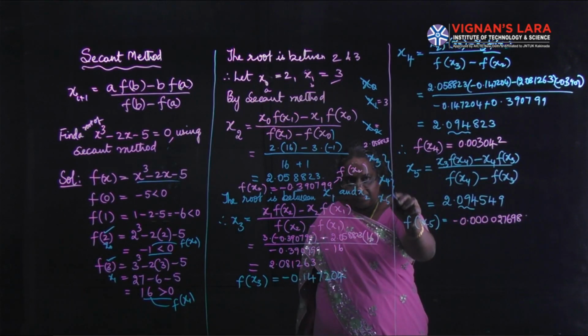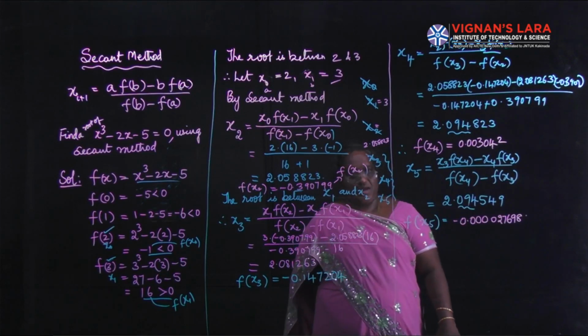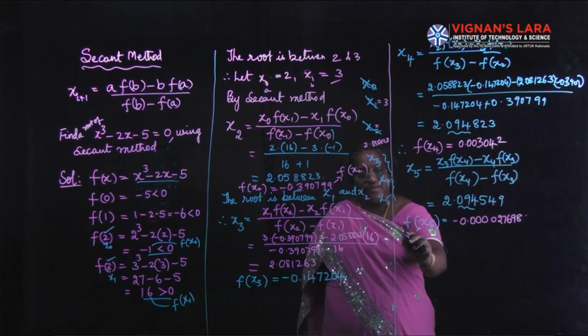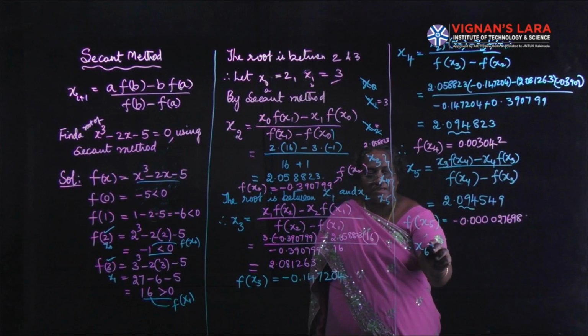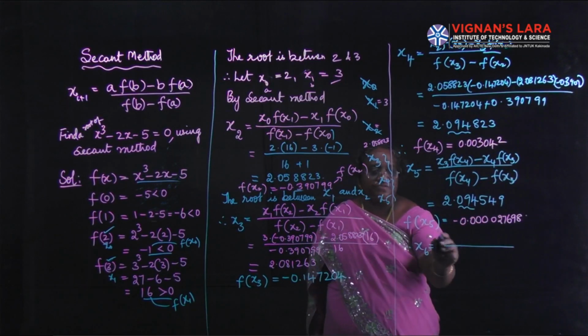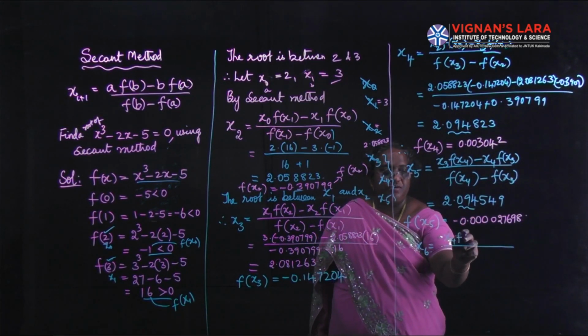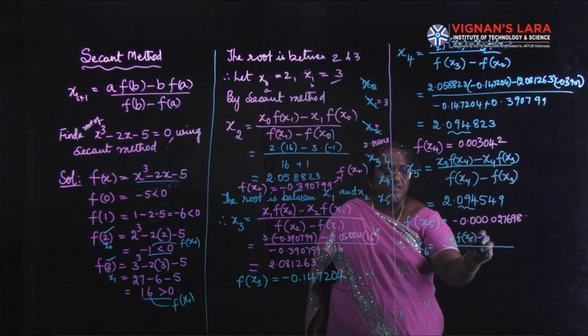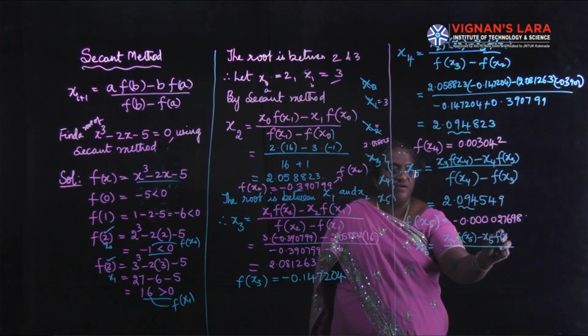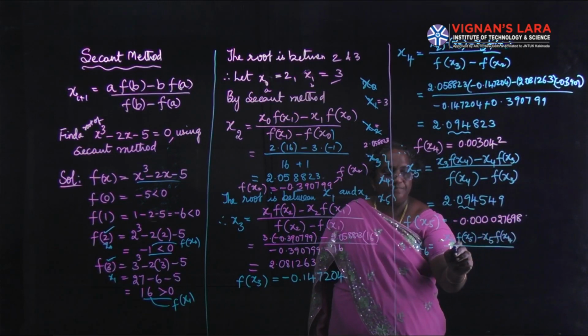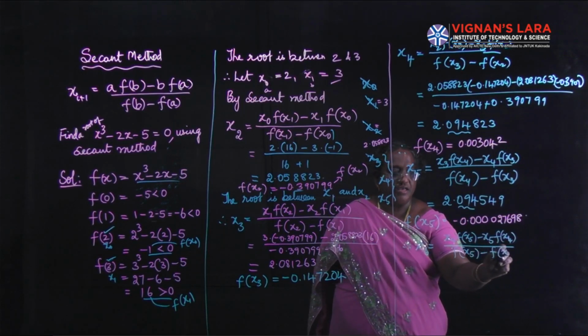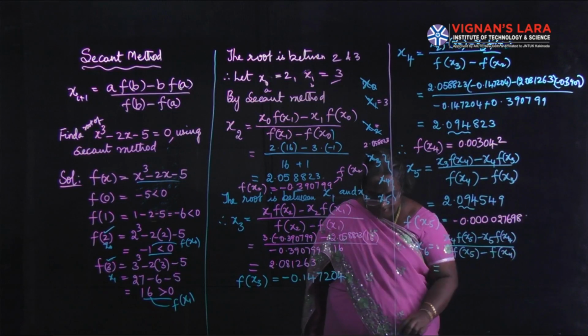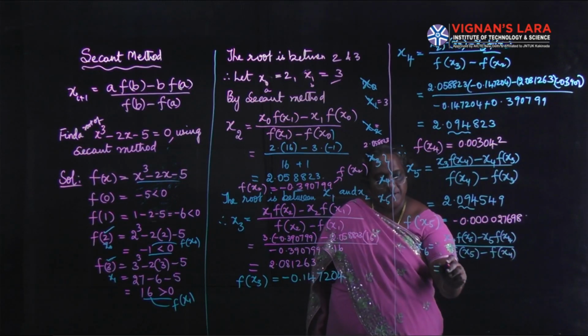For the next approximation, we will take the root between x4 and x5. Therefore, x6 is equal to a combination of x4 and x5: x4 into f of x5 minus x5 into f of x4 by f of x5 minus f of x4. If you substitute and evaluate, x6 will be